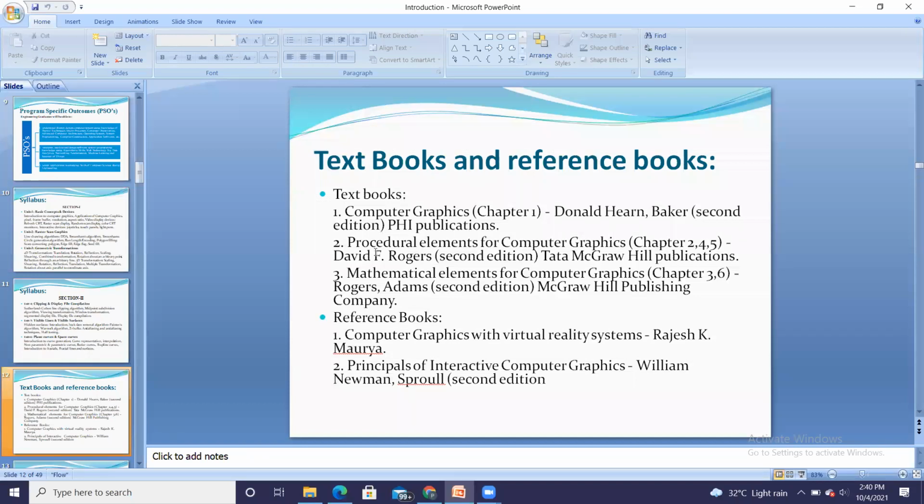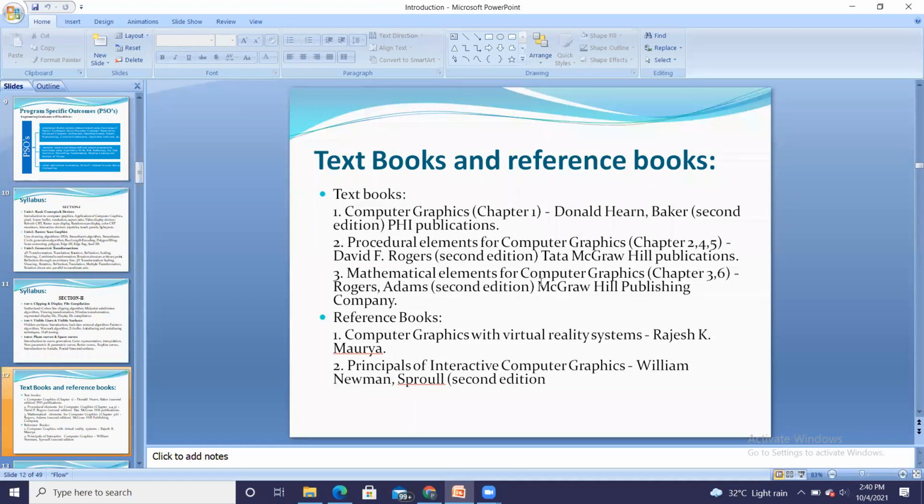Then for chapter number 2, 4, and 5, they are there in the Procedural Elements of Computer Graphics by David Rogers. So author is David Rogers, and name of the book is Procedural Elements of Computer Graphics.